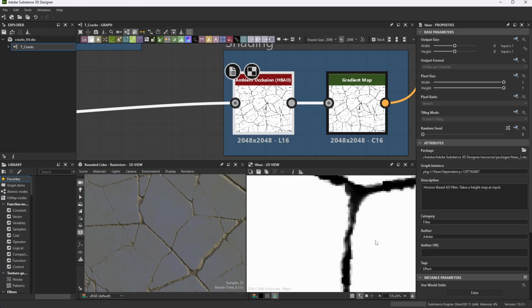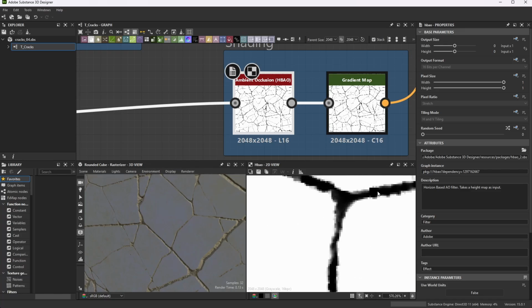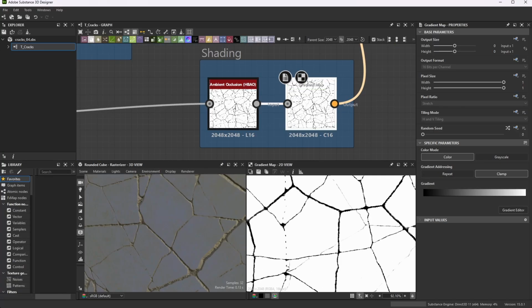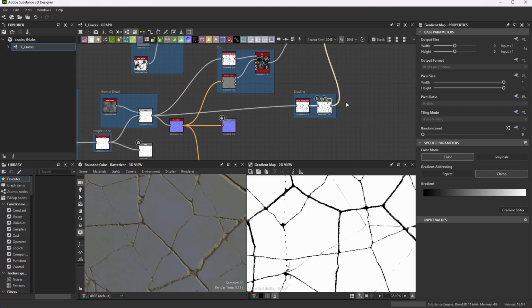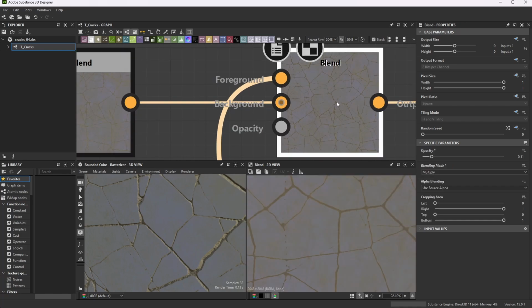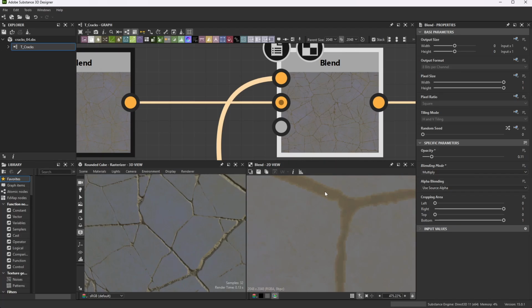This is what that looks like. That gives you a little bit more of a variation in the different shading. So we'll run that into a gradient map, and that's just to turn it into color. So into a gradient map with the color checked on, and then we'll run that gradient map up into this blend that we were talking about before, put it on multiply, and 0.11. That just will darken everything ever so slightly,